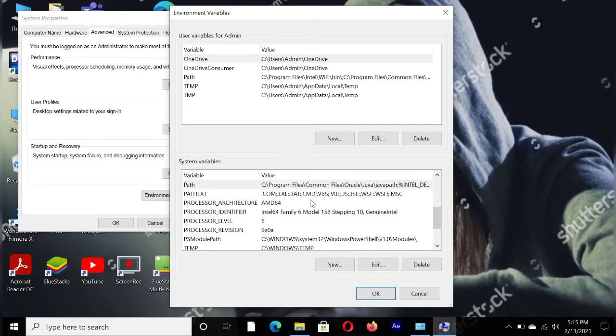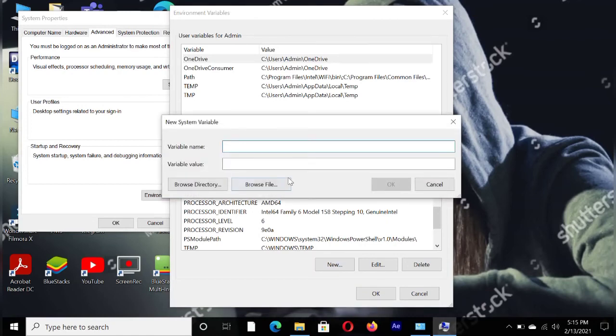But if you want to develop anything with Java, you have to create JAVA_HOME, meaning an environment variable for Java home. For that, in system variables, click on new. See here, you got variable name. In that variable name, you have to give JAVA_HOME, all in capitals, Java underscore HOME. In variable value, you have to paste the path of the JDK folder, before entering into the bin. Let me show how to copy that.